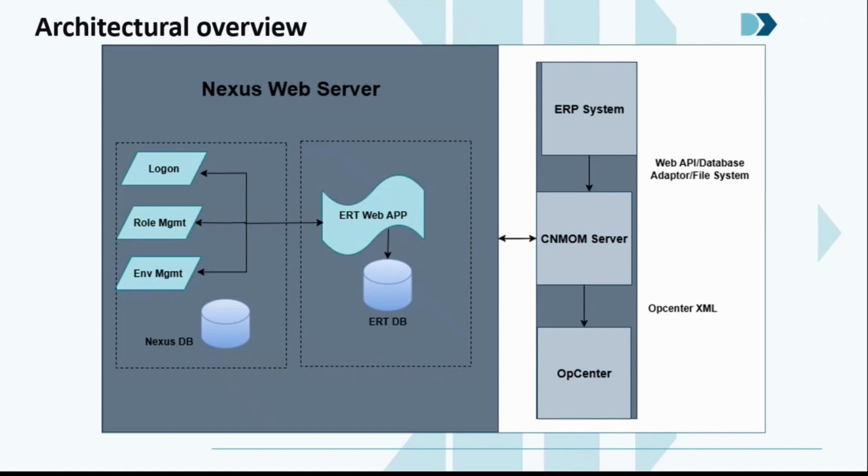On the right, you see ERP, CNMOM, and Ops Center applications. When an inbound interface is sent from ERP to Ops Center through CNMOM and a failure occurs, ERT captures the error and saves it in its database. The tool then retrieves the error for action analysts to apply corrective actions and allows reprocess analysts to resubmit the original payload back to CNMOM for reprocessing, ensuring successful creation in Ops Center. By following this approach, ERT guarantees that the original message remains intact with no modifications or tampering, thereby maintaining data integrity and preventing breaches between ERP and Ops Center.